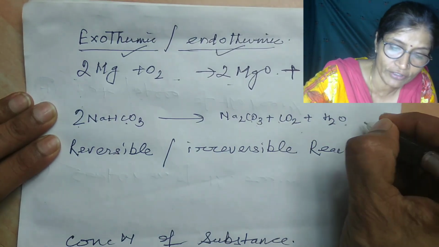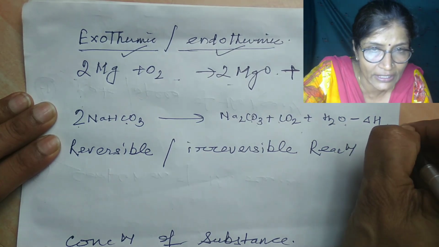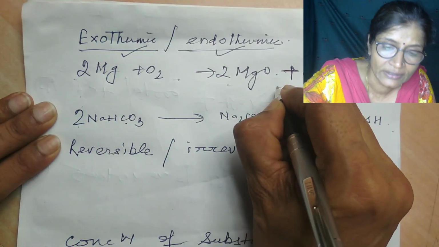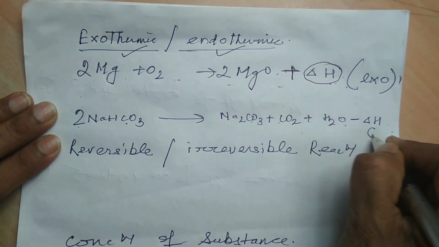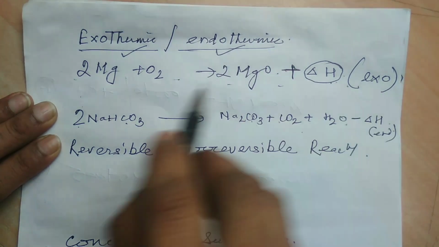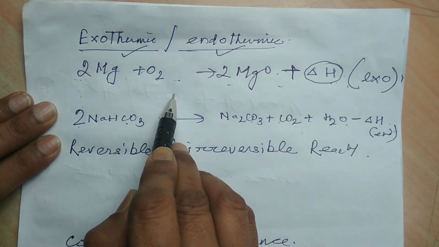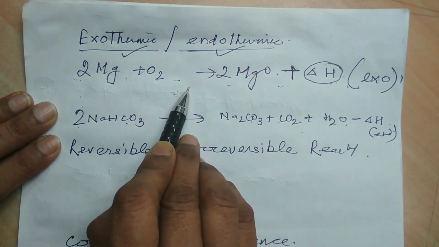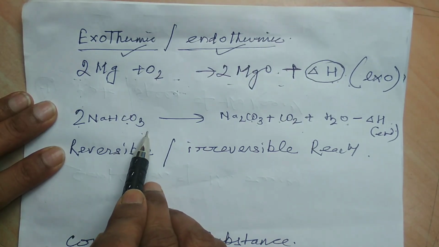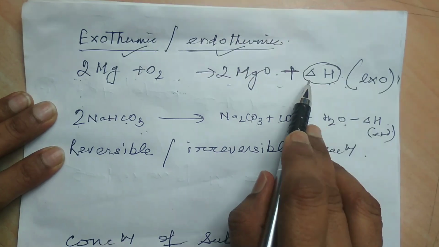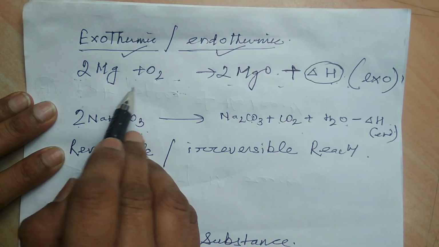This one, if it is endothermic, then I will write here del H or minus heat energy. So when I write plus here, then it is exothermic. When I write minus here, this is an endothermic reaction. You can even write an exothermic reaction like 2 Mg plus O2, with minus del H here, then that one is exothermic. Or if there is plus del H here, then it is endothermic. So for an exothermic reaction, we have to write del H on the product side, or minus heat energy towards the reactant side.